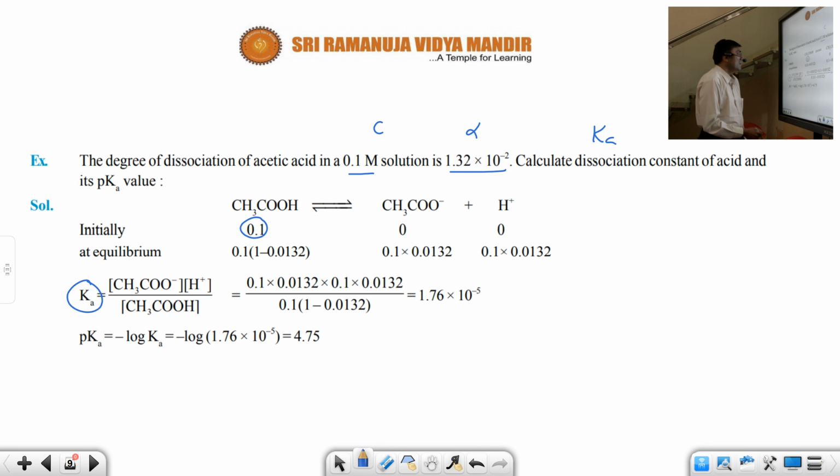Minus 5, yes. Then pK value: pK is equal to minus log Ka and you get 4.75. Always it is 4.74 or 4.75. What is that pK value? It will be given in the examination. That is constant. And Ka value 1.8 into 10 power minus 5 is also constant for acetic acid. When you solve the numericals, naturally certain constants you can well remember or assimilate.